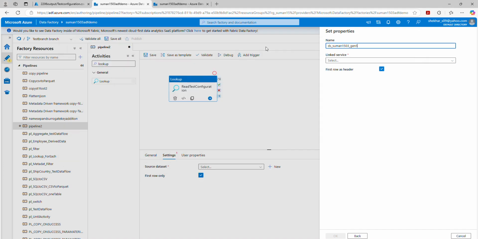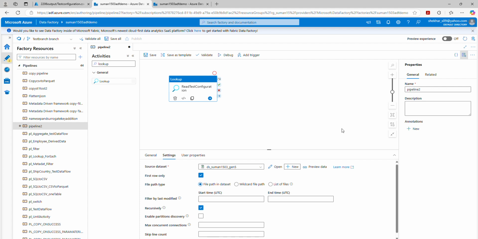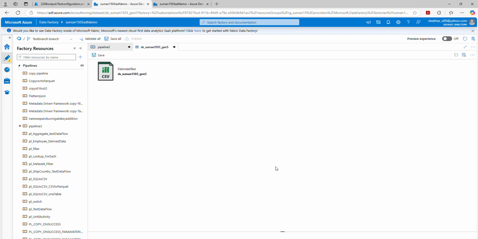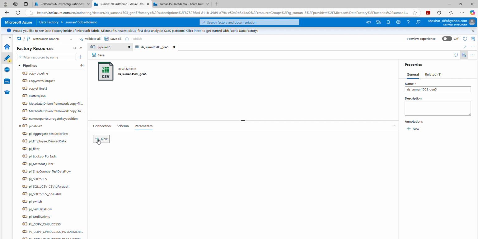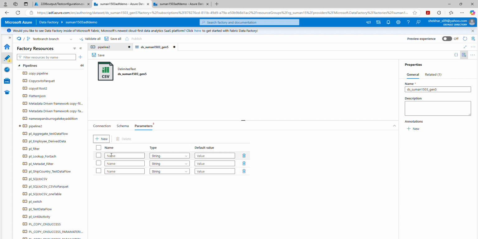We'll give this file name here, and after that we'll select a linked service. So we can select this linked service, right? And we can create it. So see here, our file is getting created. Now we'll open this file, and we can make it a generic file as well. So what we have to do is click three things: